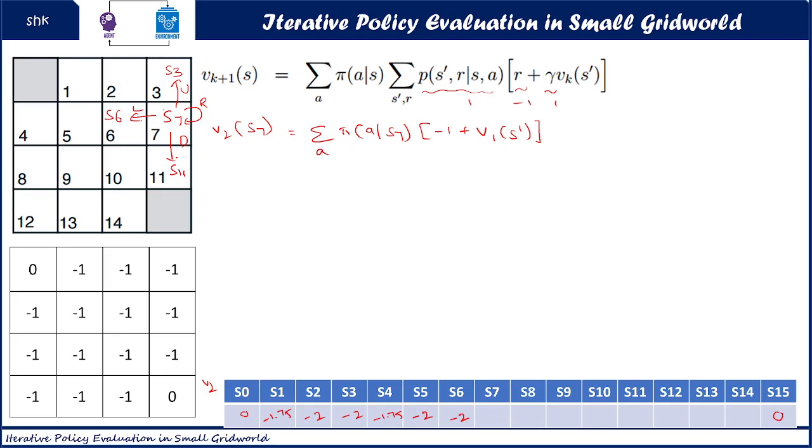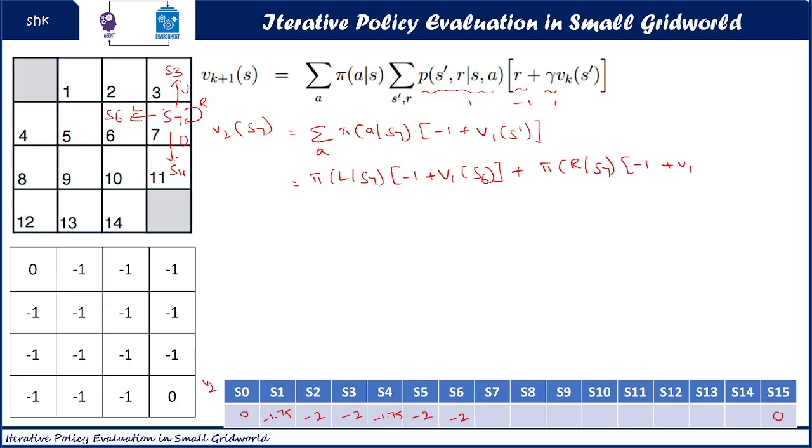Now we expand for all four actions: the probability of the left action from S7, -1 is the reward, V1 of the next state for the left action, which is S6, plus the probability of the right action from S7 state. The reward is -1,